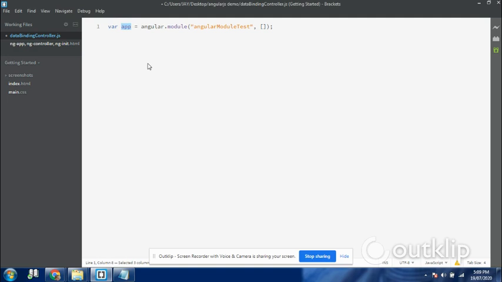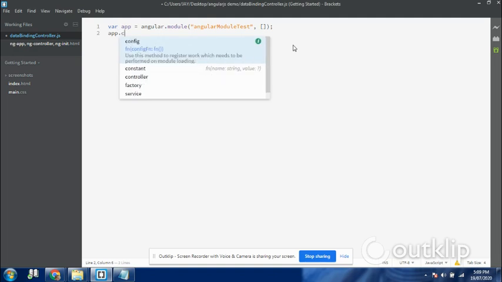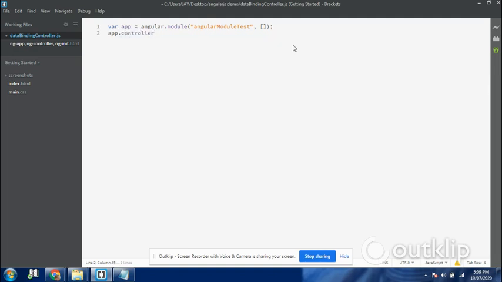Multiple things can be created in AngularJS, which I will cover in separate upcoming videos. So currently just understand: I have stored the module in one object named app. Using that app, I can create a controller. The syntax is app.controller, with the name of the controller. Suppose I am giving the name testController,